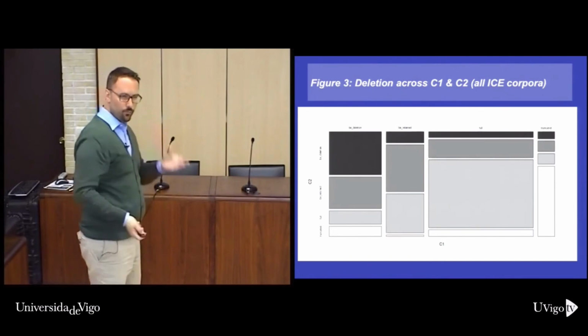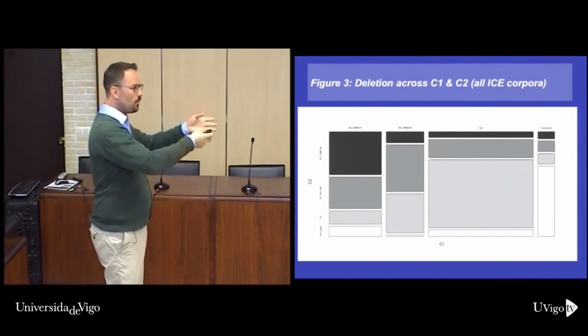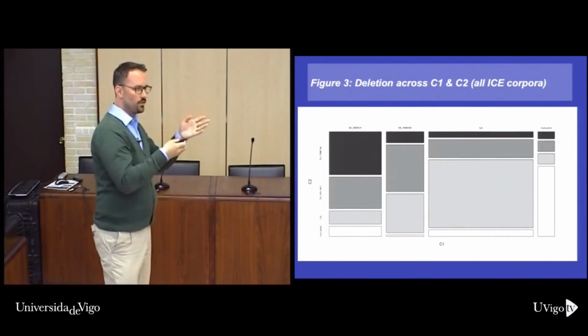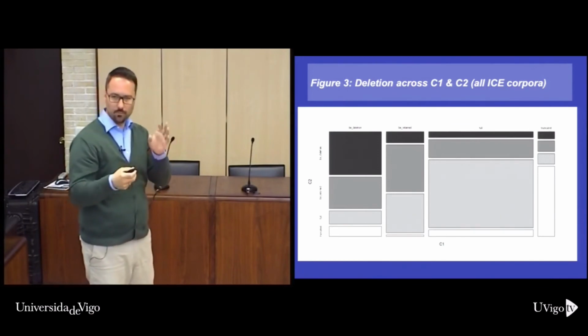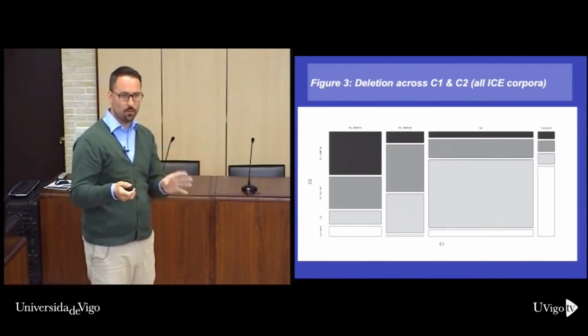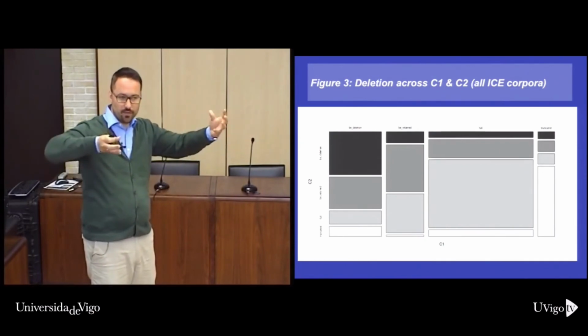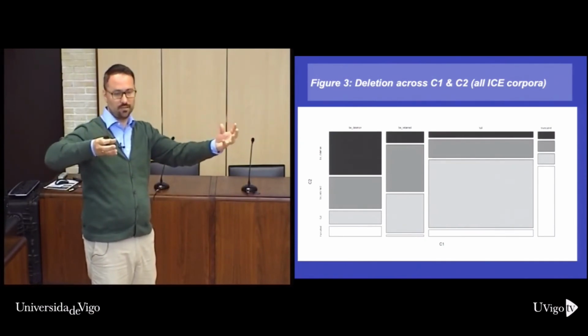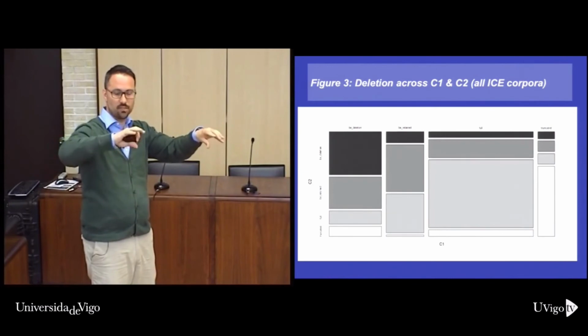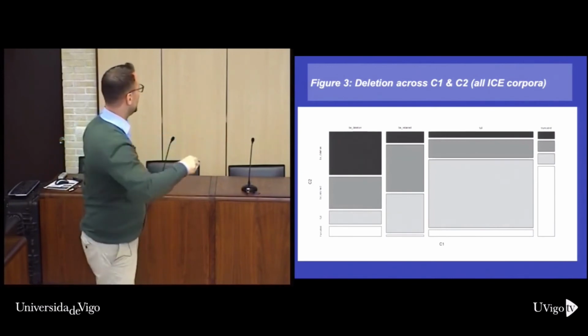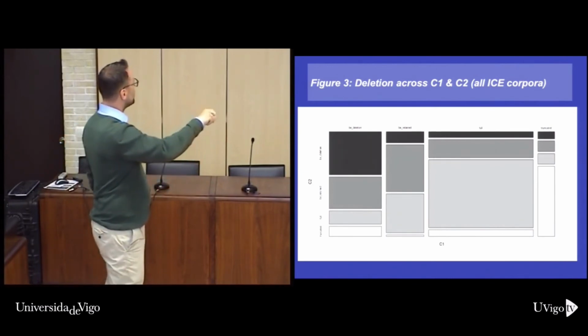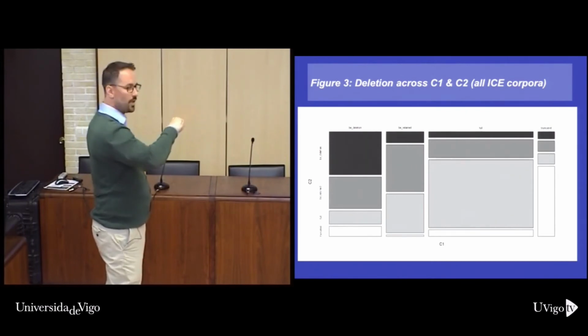So if you've got a form of to be, then across clauses, for any kind of theory that builds clauses bottom up and one clause doesn't care about the other one, that's complicated, right? But if you've got a constructional template that has the whole thing, then you can more easily describe a constraint that says if something happens in the first one, it also needs to happen in the second one. So we see this kind of parallelism. And in the last one, if it's truncated, the biggest chunk is again truncation.